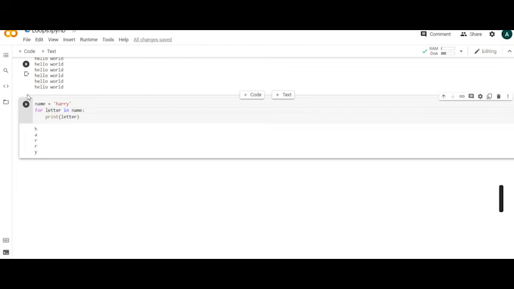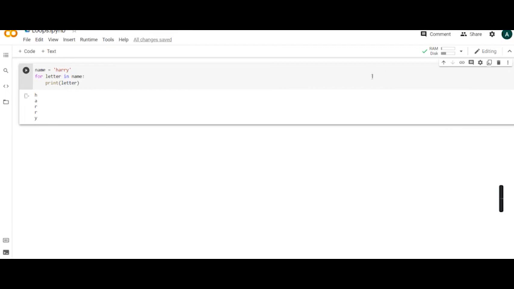In every single iteration of this loop, the letter gets assigned a new value: in the first iteration it was H, in the second iteration it was A, then R, then R, then Y. This is how the for loop is carried out, and letter is just a variable name. You can change it to anything, like I told you previously.